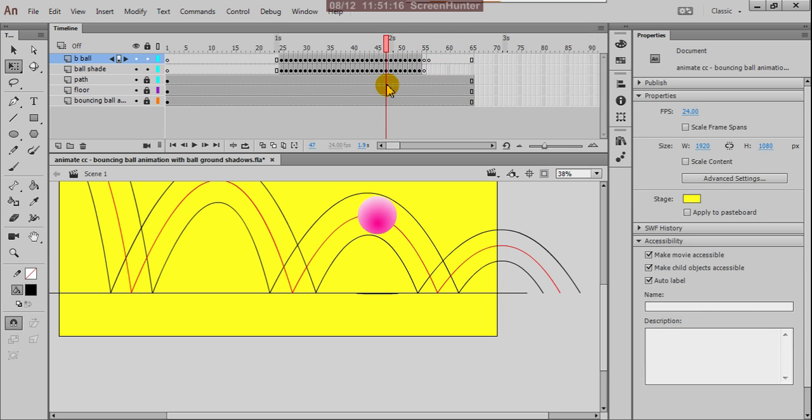Okay, right. So control S, and let us check, control enter.